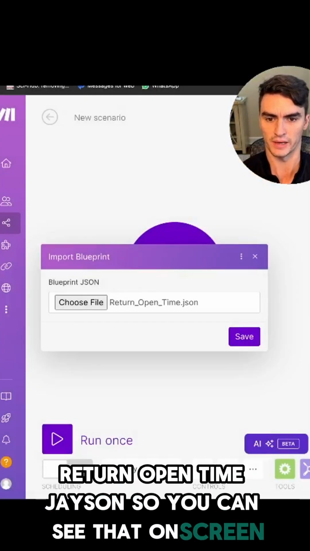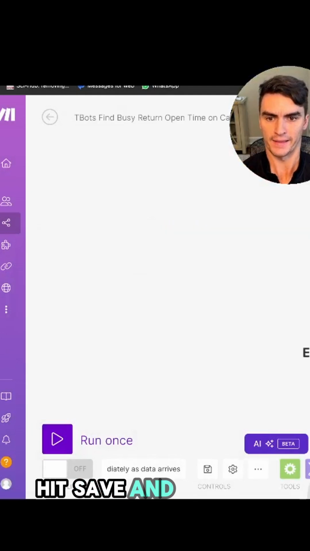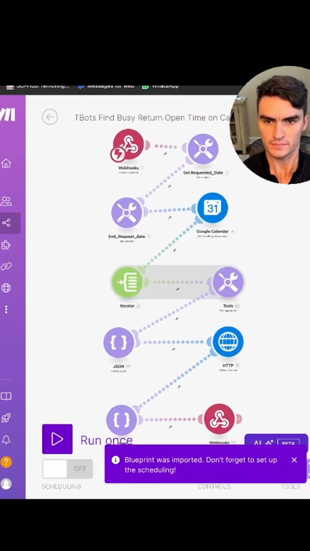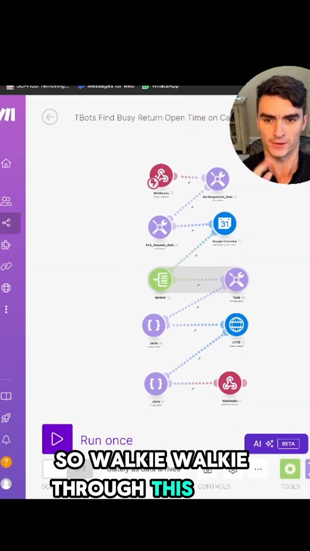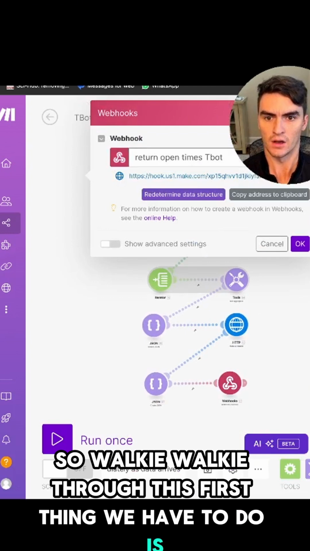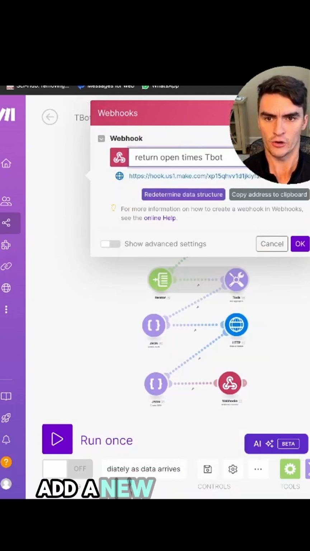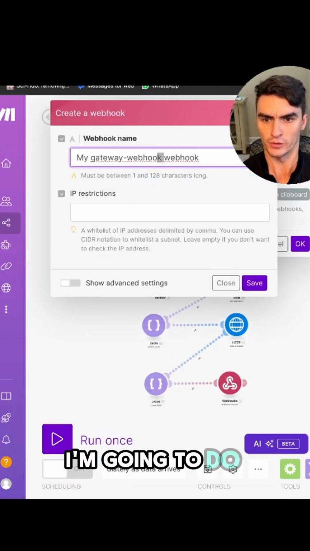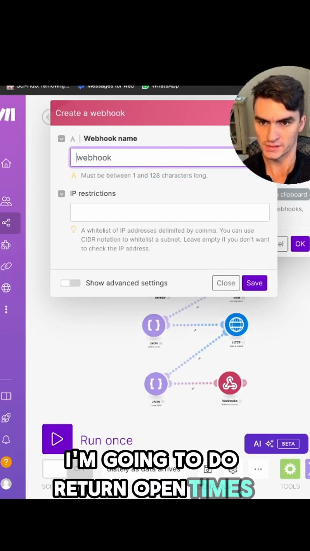So you can see that on screen. Hit save, and then we're going to set this up. So I'll walk you through this. First thing we have to do is add a new webhook here. I'm going to do return open times